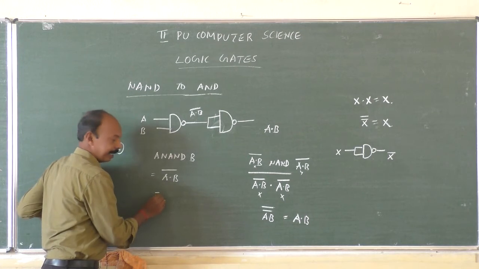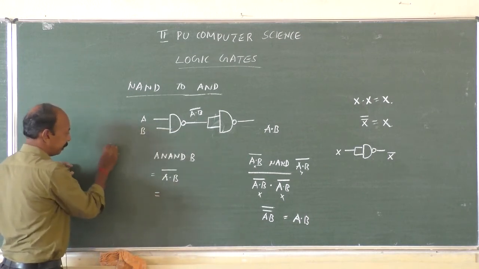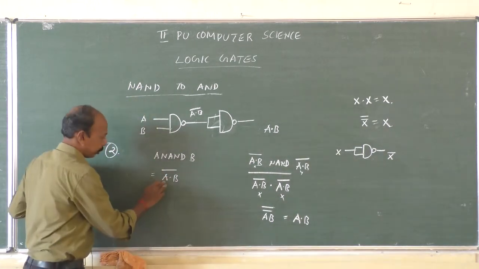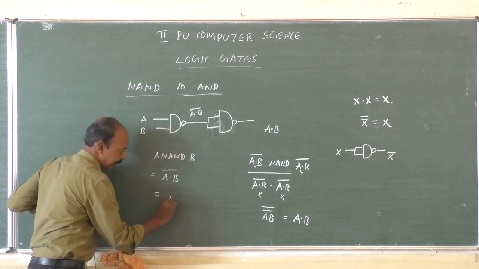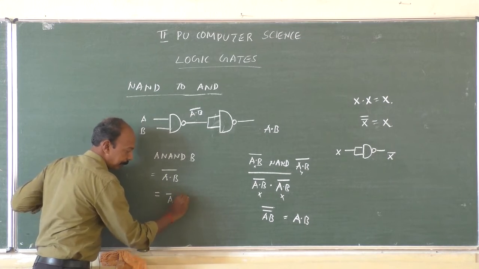Which could be written, from De Morgan's theorem, what I am explaining now is the second method. Whichever method is easy for you, you can follow that. From De Morgan's theorem, how can we write this? A bar plus B bar,